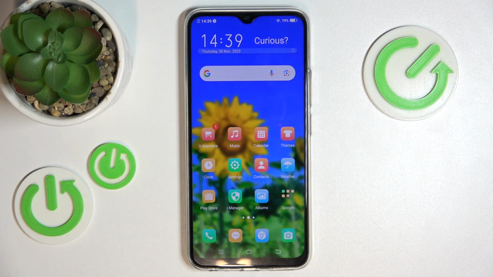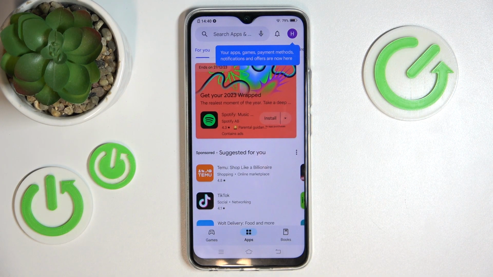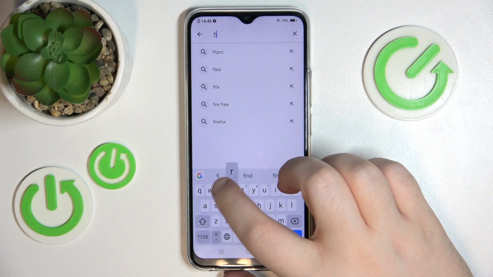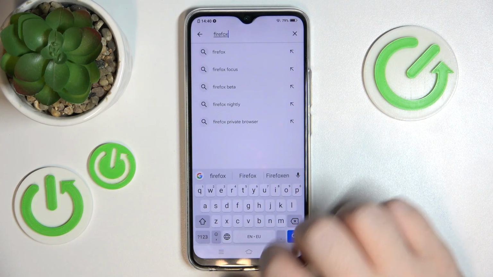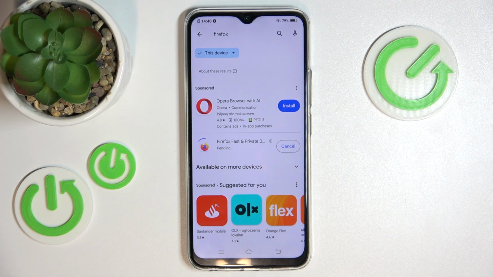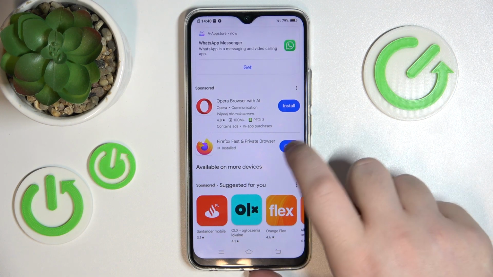So you have to start with opening your Google Play Store and now click on search bar and type in Firefox and click search and now click install. Now you can click open